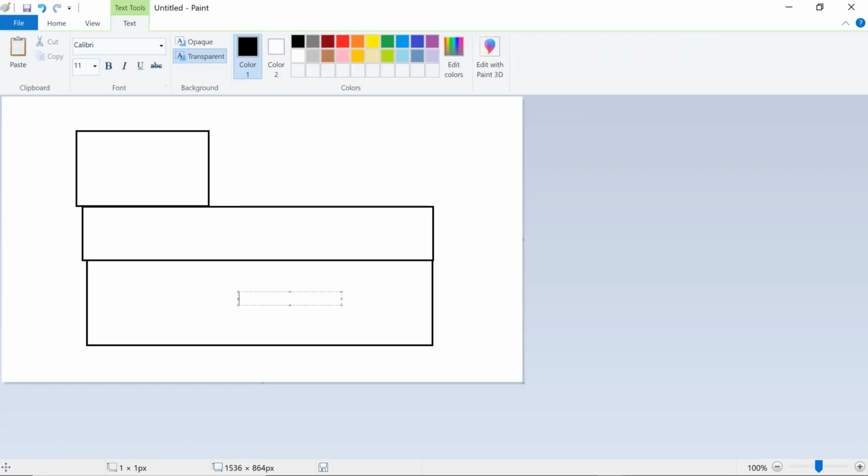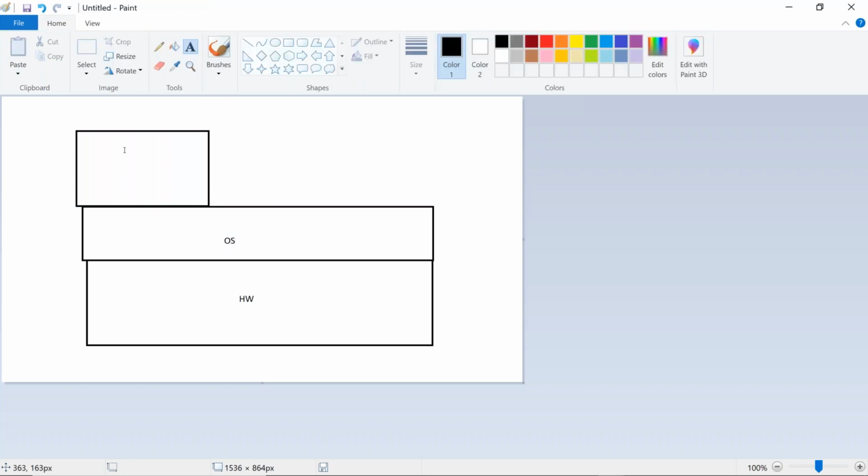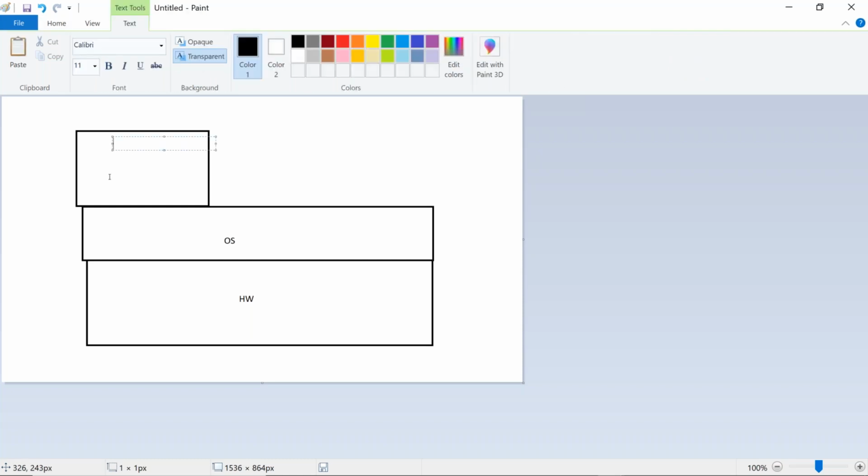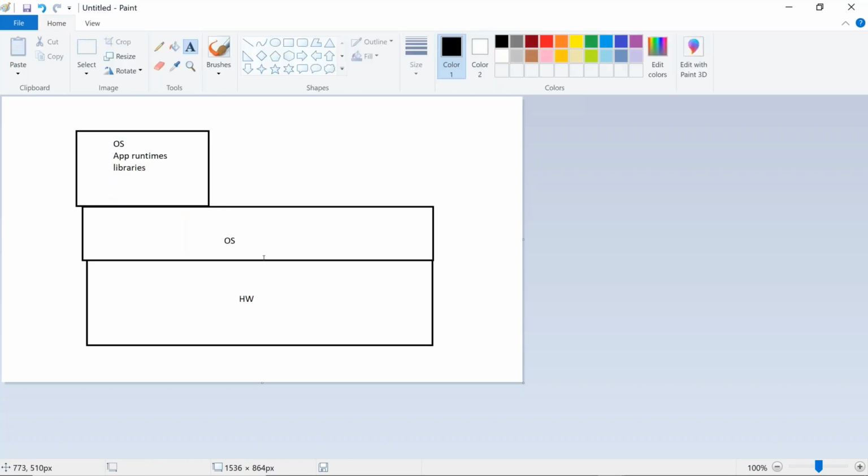So this is your hardware, this is your OS, and here you can directly run containers that have an OS and some application runtime, and then libraries. Now this can be a VM also. This need not be a physical server.